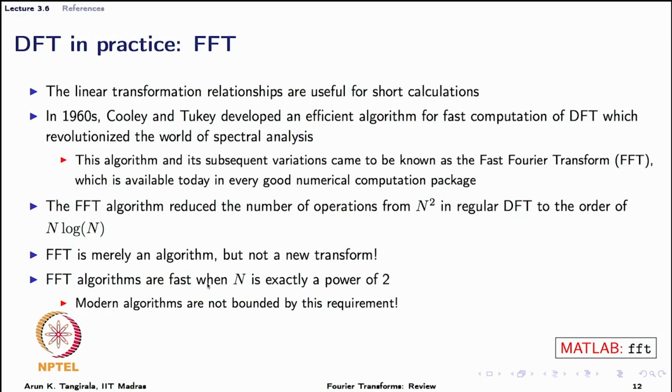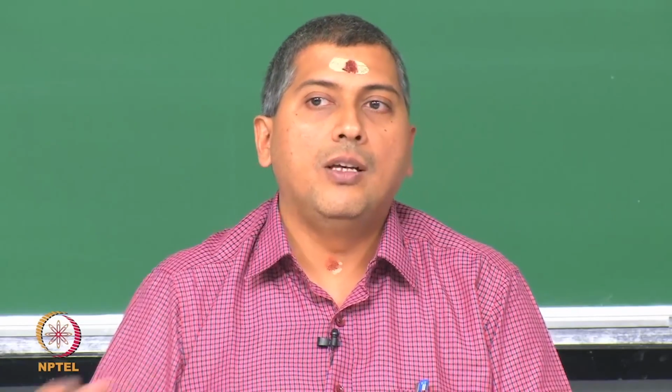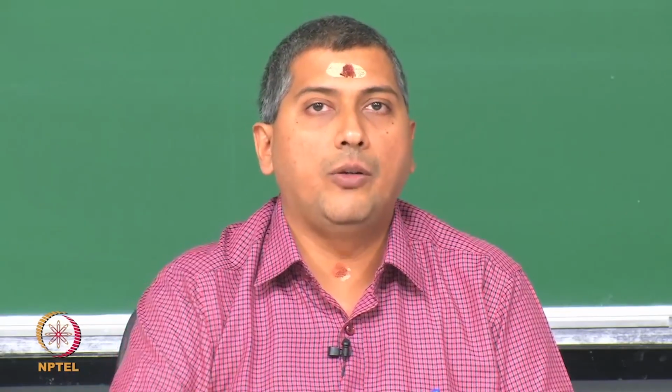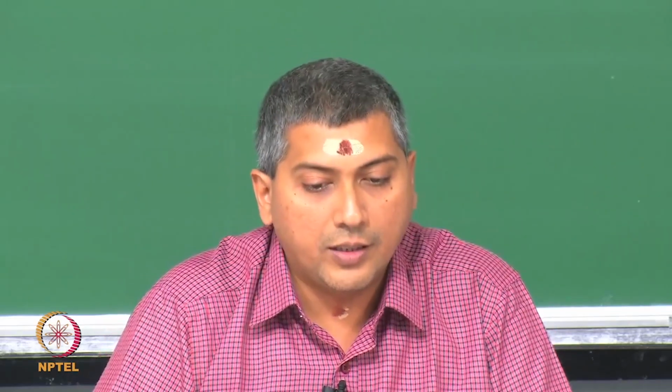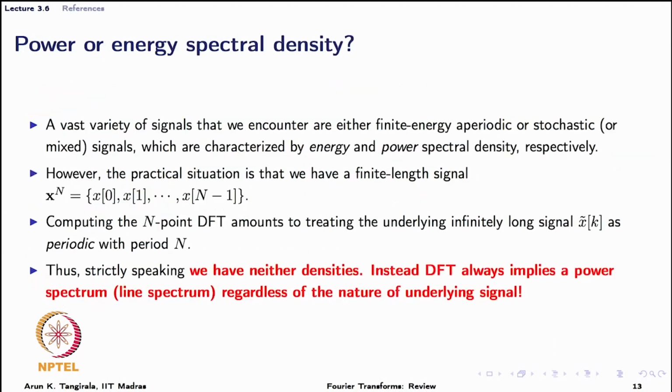And for a long time FFT algorithms were fast only when N was exactly a power of 2, and that was another reason why zero padding would be done. If I cannot always collect observations which are a power of 2, if I have 100 points, I would add 28 zeros to bring it up to the next power of 2, which is not such a requirement now with modern algorithms. They can work without even zero padding. So, the MATLAB routine that is used to compute the fast Fourier transform is fft itself, and so is the case with many other packages as well. But you should read up the documentation on FFT.